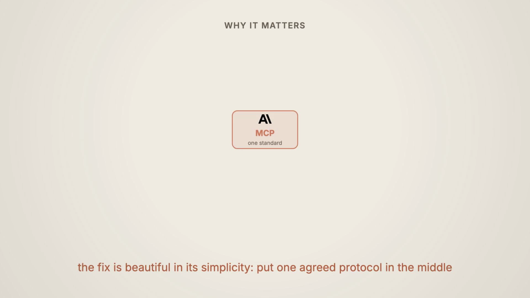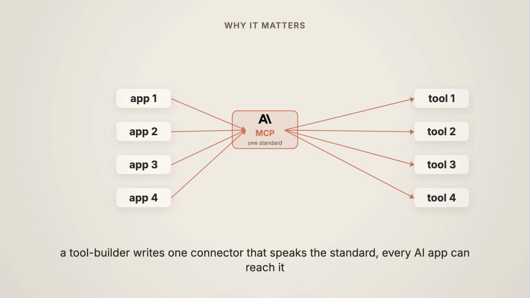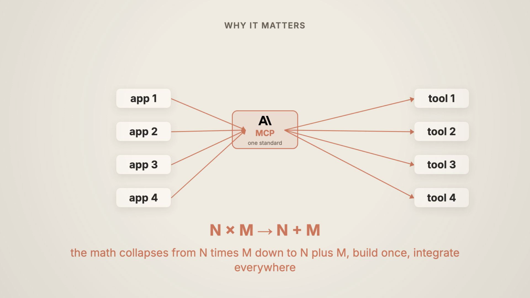The fix is beautiful in its simplicity. Put one agreed protocol in the middle. Now a tool builder writes one connector that speaks the standard, and every AI app can reach it. An app builder writes one connector and reaches every tool. The math collapses from N times M down to N plus M. Build once, integrate everywhere. The messy web of one-off cables becomes a clean star around one hub,